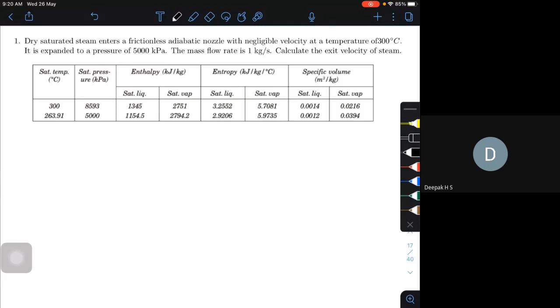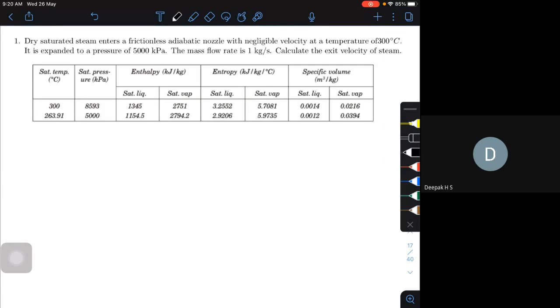Now see, in steam tables you know that there are three columns. One is the enthalpy column, the other one is the entropy column, and the other one is the specific volume column. Depending upon the steam table, most of them will have enthalpy of liquid and enthalpy of vapor, that's all. Some books will have enthalpy of the liquid, enthalpy of the vapor, and the difference of the two, which they also give. Now entropy, so it is saturated liquid and saturated vapor. Specific volume,